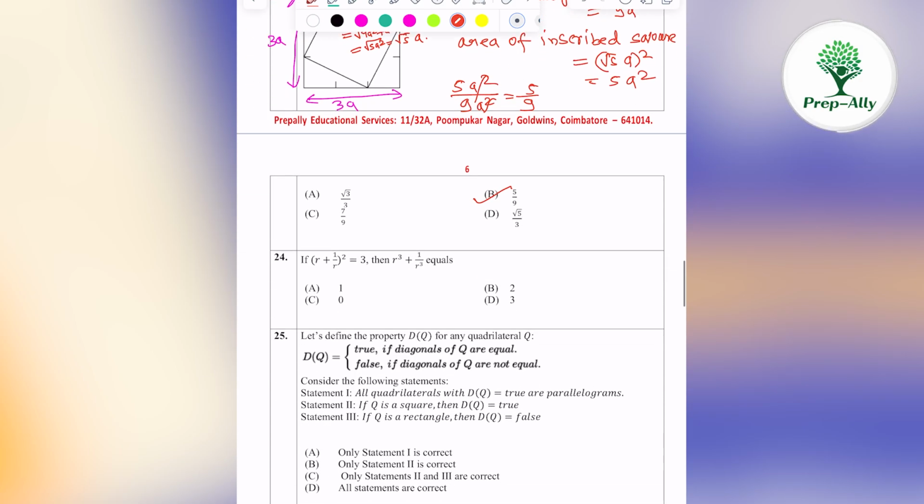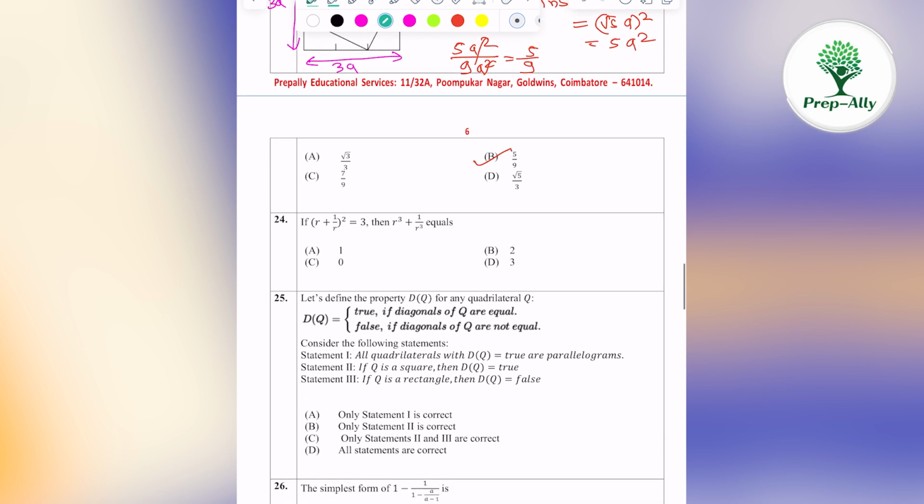Now the question number 24. So r plus 1 by r whole square is equal to 3. Then we have to find the value of r cube plus 1 by r cube. So can I write here r plus 1 by r is equal to root of 3, because the square is given. Now here we know one formula, a plus b whole cube. So the same thing I use for r plus 1 by r cube, like a cube plus b cube plus 3 a into b